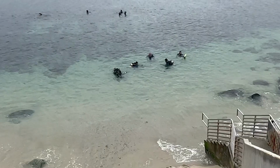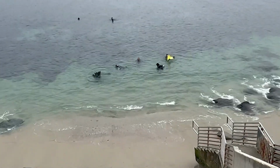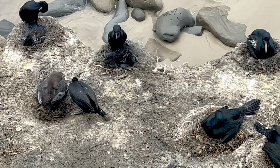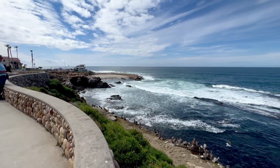It's 9 a.m. on a Friday. It is overcast today, but we're expected to get like a week's worth of rain. You know, the whole atmospheric river that California's experiencing right now. But right behind me is La Jolla Cove, which is a popular spot for snorkeling and diving due to the abundance of marine life. This is located in an area of La Jolla called the Village,